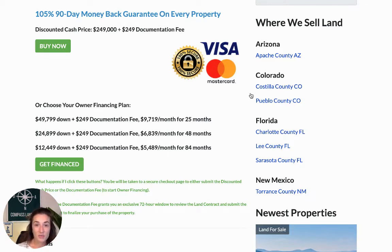So if this property is speaking to you, you want to make it yours, you've got big dreams and plans for it, you can come over to our website and either check out using the Buy Now button, which is the discounted cash price plus the $249 documentation fee, or to start financing use the Get Financed button. And you're just going to submit the documentation fee for that one. So if you wanted to get financed,